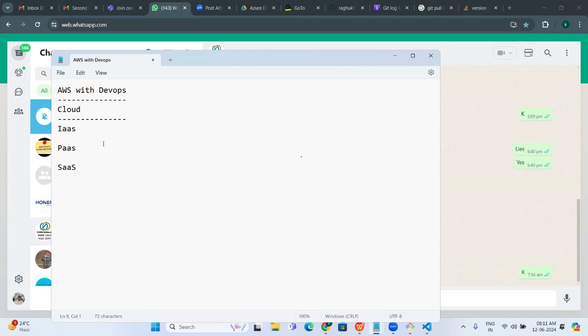Again, AWS, Azure, GCP are all public clouds. What is the difference between public cloud and private cloud? We have public cloud, private cloud, and hybrid cloud as well.